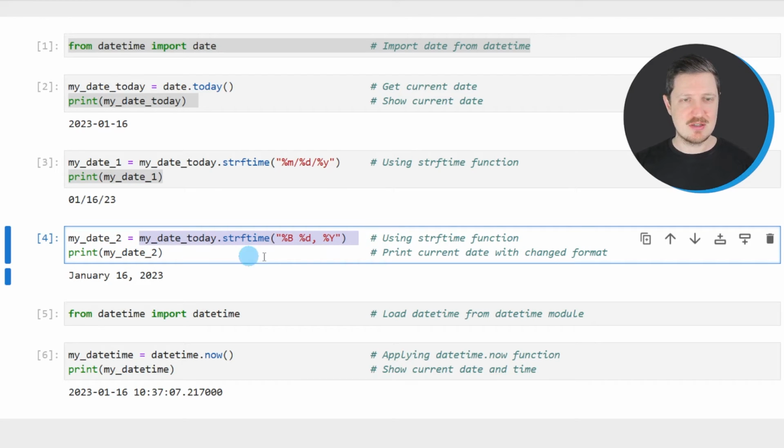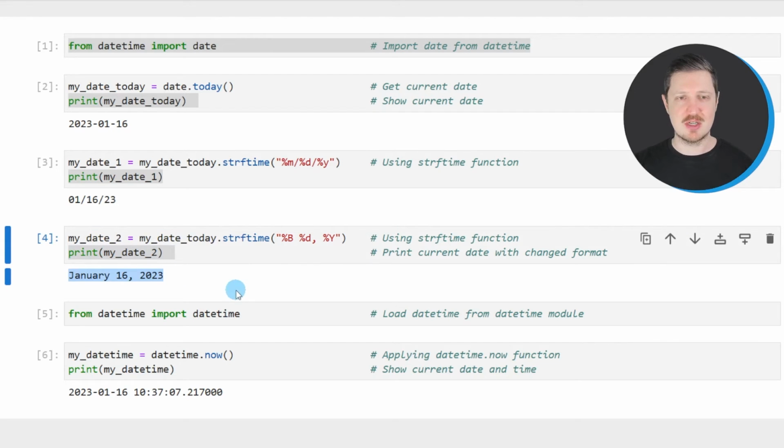As in the previous line of code, I'm creating a new data object that I'm calling myDate2. And then I'm printing this data object below the code box. And then you can see that we have created a new output which shows the name of the month, the day and the year. It's also possible to return the current date and time, and we can do that using